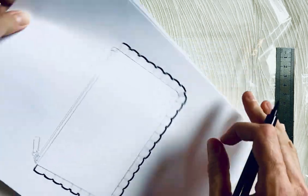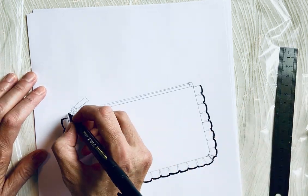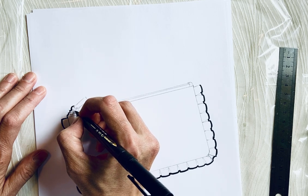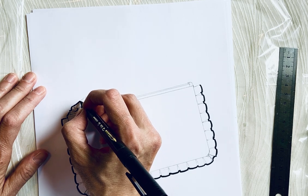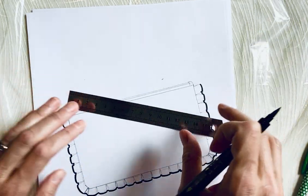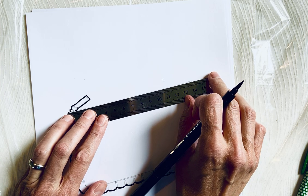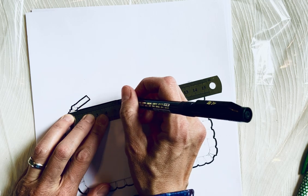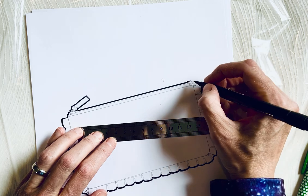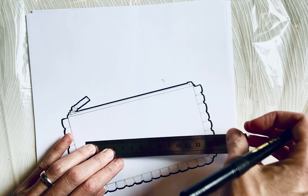Okay, so now we have our edge. And it's starting to look a little more three-dimensional, which is what we want. And I'm going to do our zipper pull. There we go. Okay, now our nylon zip. All right. There. Here we're going to give a little bump for the appearance of our